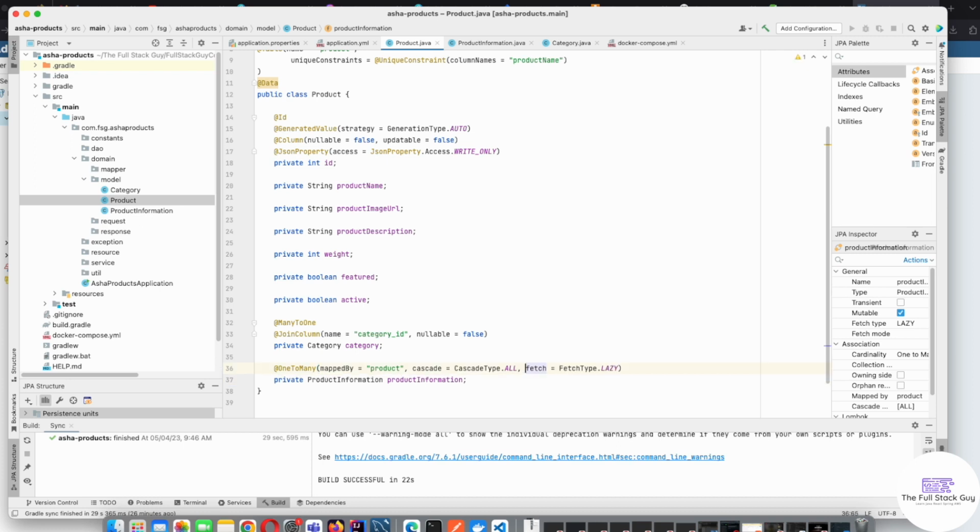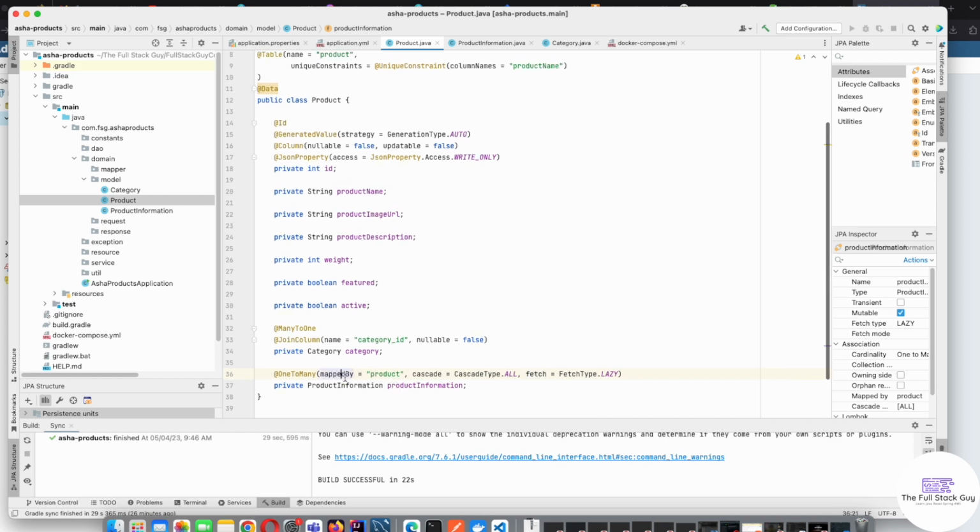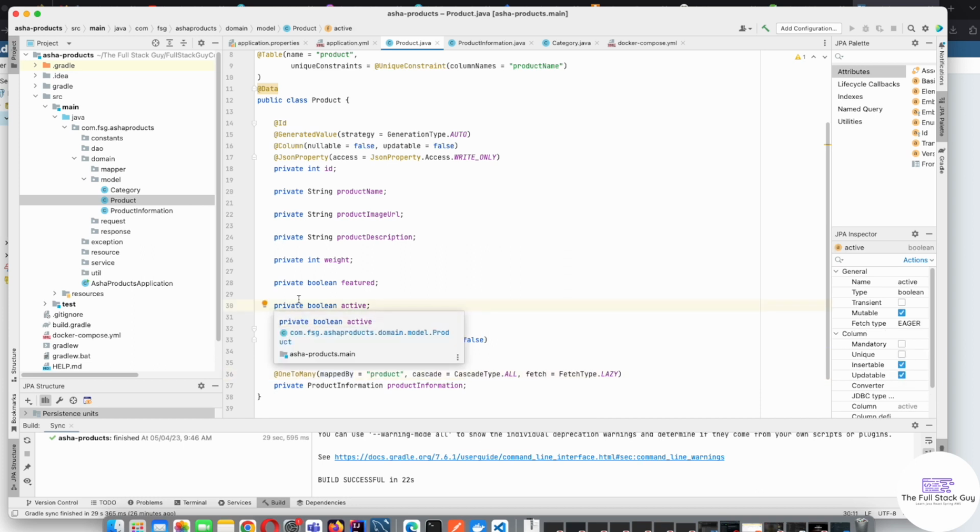Okay, so guys, I believe we have the entity setup for our categories and products. So I believe this is the first part of this backend application of the microservice, and